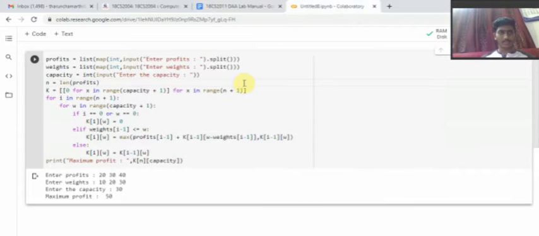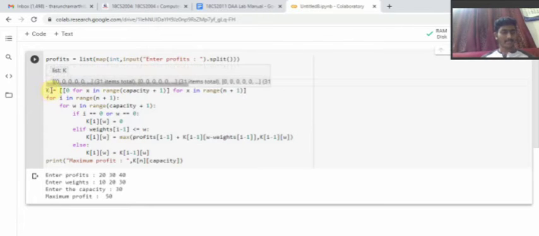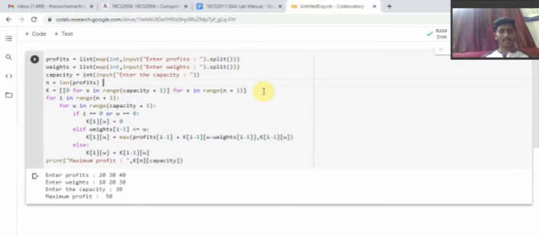So let us go to the code. Generally we know what we'll have in a knapsack problem: we have profits, weights, and capacity. In the same way, I'm taking profits, weights, and capacity from the user, and then I'm taking the length of profits, meaning the number of weights or number of values, in a variable called n. And then, as I said, in dynamic programming we'll use tables to solve. Tables in Python are considered as 2-dimensional or 3-dimensional tables. In my case I'll take it as a 2-dimensional table.